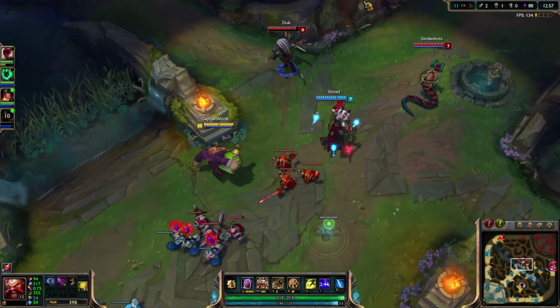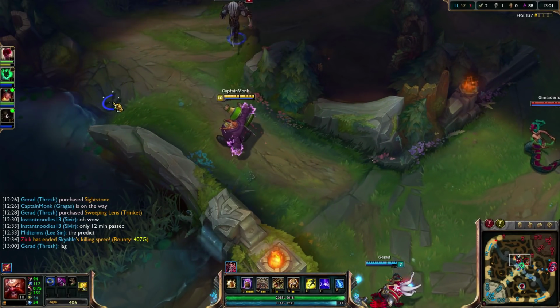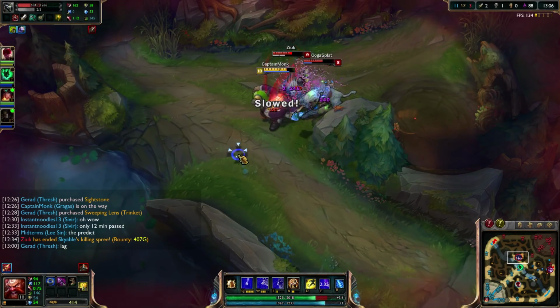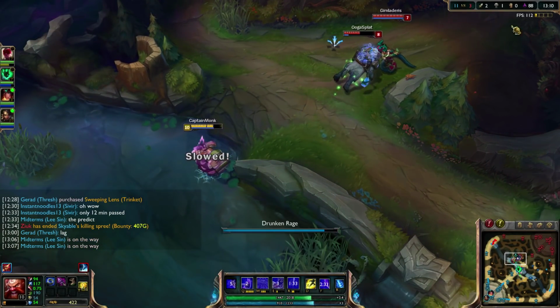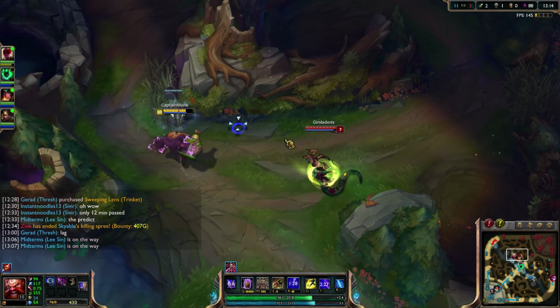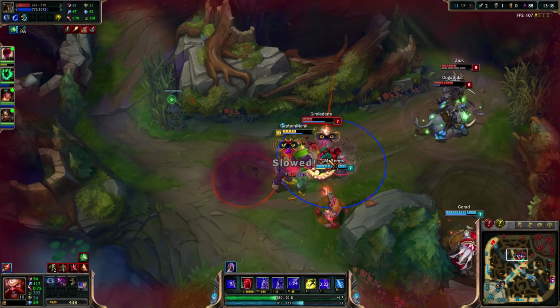It looks like Thresh wants to go for a play. I'm down. Oh, he missed. I thought he was going to go for Rengar, but I was wrong about that. I'll salty them off of me. Yeah, I guess my team wasn't ready to go in, it looked like, so...